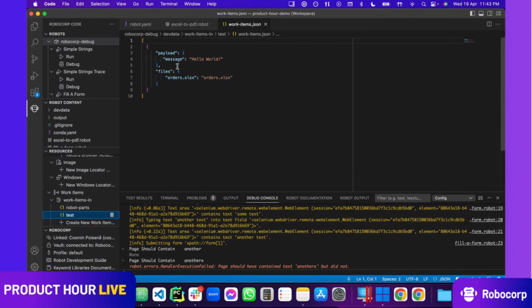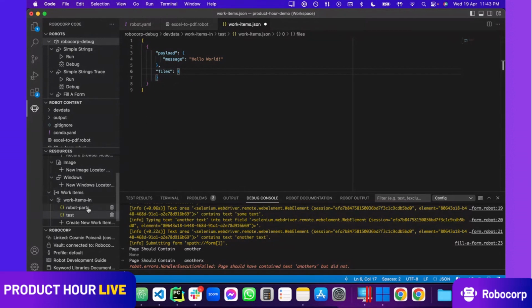And I see a payload and files. Payload is like a key value kind of structure. We've got key on the left and the value on the right side, exactly as, for example, environment variables or anything else where you can retrieve the value by a key. And I also got some files. This is like a placeholder. Of course, you can remove it and you won't have any files, or you can add as many as you wish.